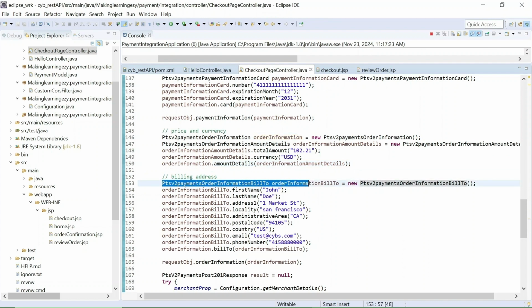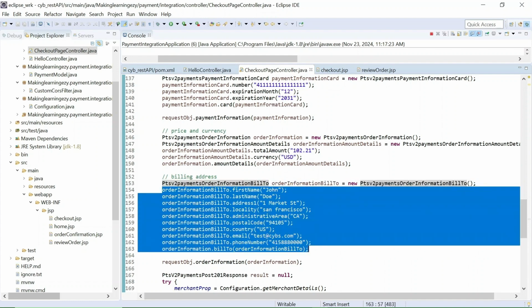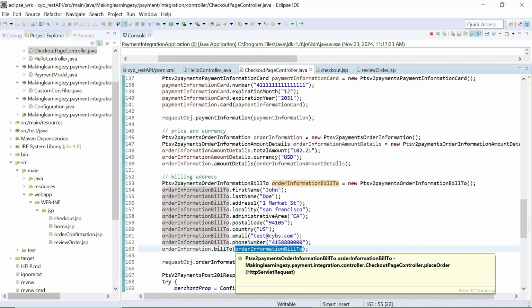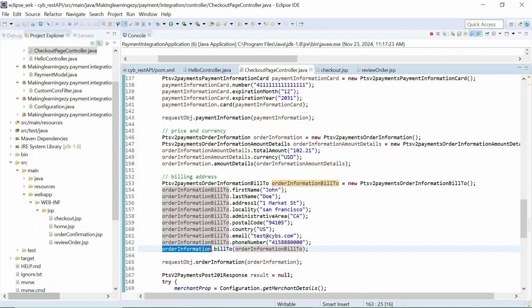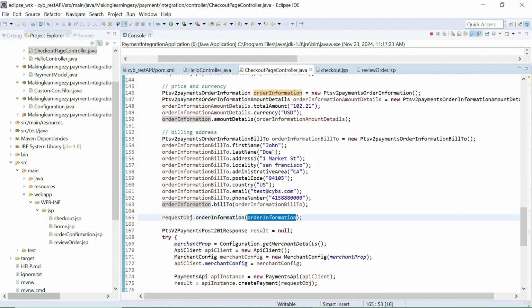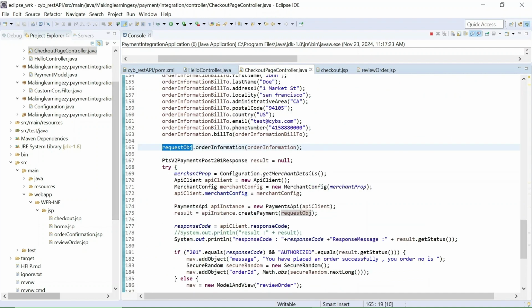For that we need to create the address related object. So this is what you need to use. Then you need to set the details. Then you need to set this object into this order information, and finally order information would be set in the request object. So we are done with the payment request creation.